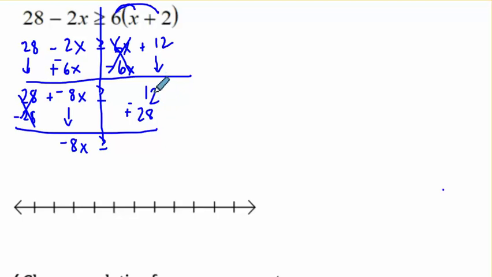In this case, we have a positive 12 plus a negative 28. The signs are different, so we find their difference, which means we need to subtract them. 28 minus 12 is 16, and it's going to keep the sign of the quote-unquote bigger number. So 28 is going to win this battle. I get a negative 16. At this point, I'm at a one-step equation, or excuse me, inequality, one step. Okay,